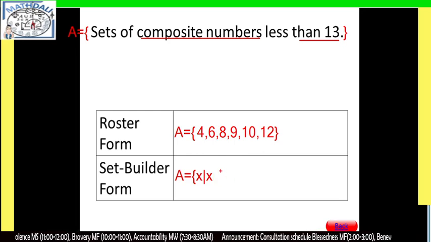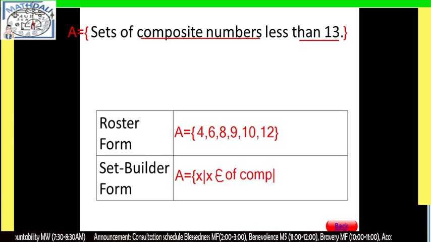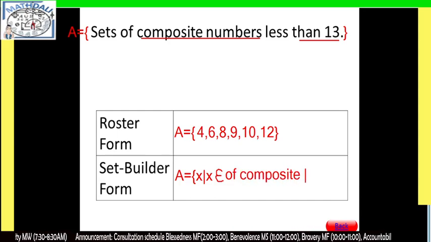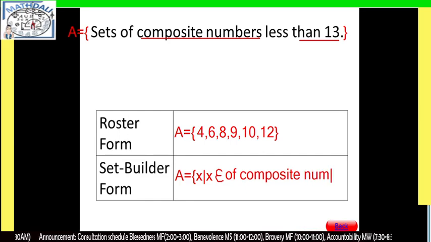So, mahirap magsulat ng element. X such that X is an element of composite numbers.